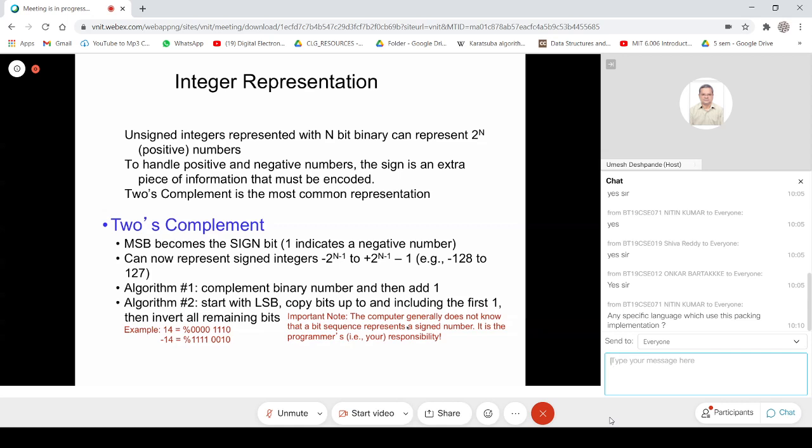pointed to by x. It will have this bit pattern, and now the printf function needs to reconvert it back into the decimal form, because all of us are comfortable with the decimal form. And in order to print out that value, the decimal form equivalent now needs to be printed out on the screen or on the terminal as a sequence of characters. So we get this -14 printed on the screen, which reflects the value of that number, which is stored in the 2's complement form. Is this clear?